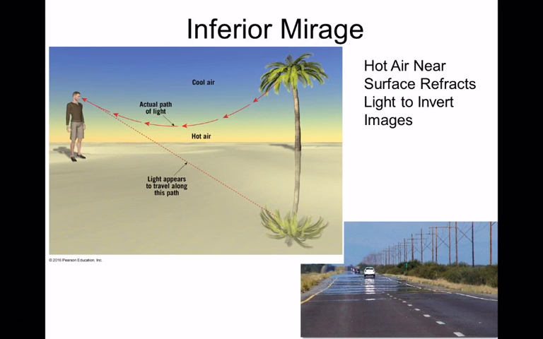So we have the classic, the guy out in the desert, okay, looking for some shade. So this is where, remember I said you see the sun twice, okay? So this guy sees this palm tree, okay? Light from the sun is reflecting off of the palm tree, and he sees a normal palm tree. But